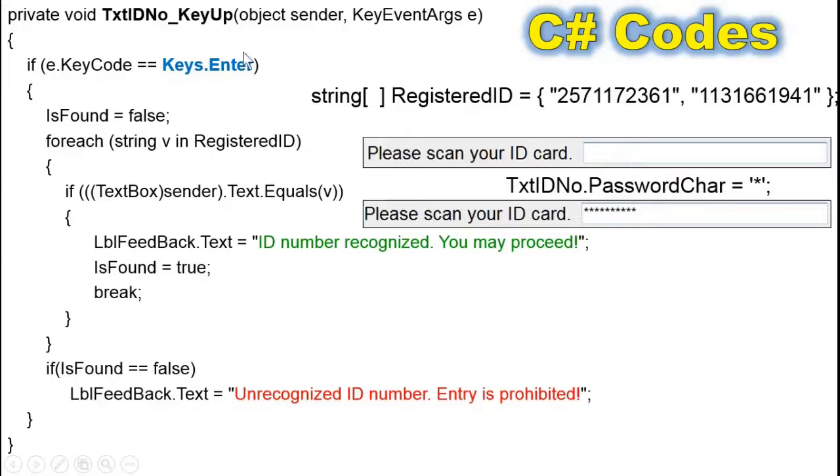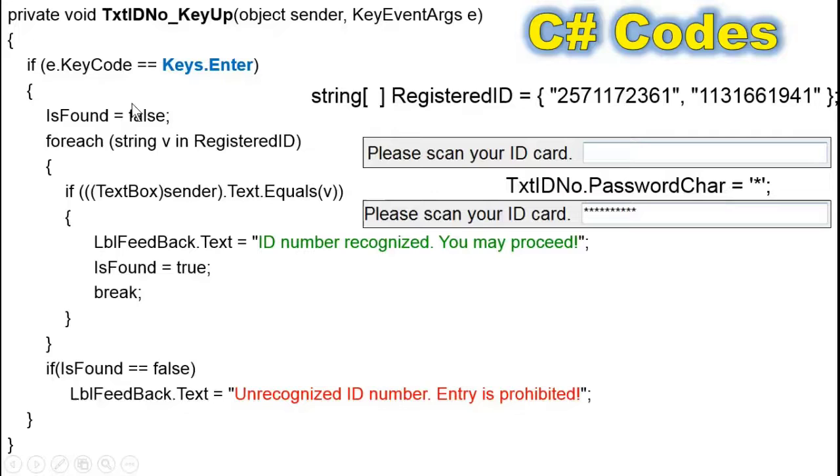Inside the key up event handler method, the if condition will evaluate if there is an enter key character detected from the identification data. If the condition is true, then that means that the radio frequency identification scanner or reader